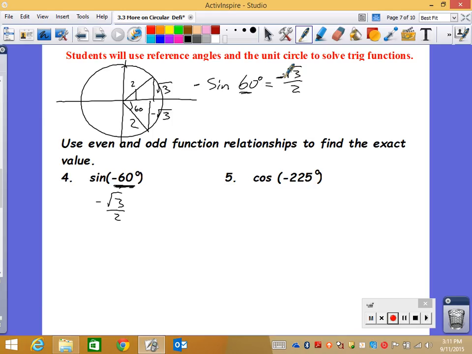So let's try out number 5, trying to use even and odd function relationships so that we can make it into the first quadrant. The cosine of negative 225. Let's draw out where that is on my unit circle. It's in between 180 and 270, so I'm in quadrant 3. Well, what's my reference angle? It's going to be 225 minus,